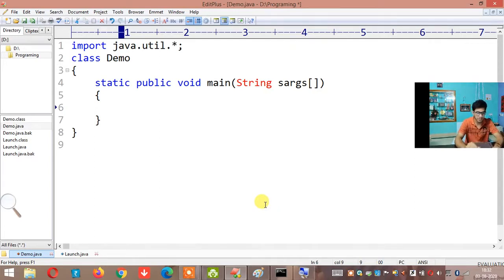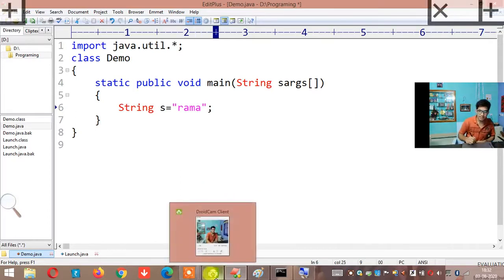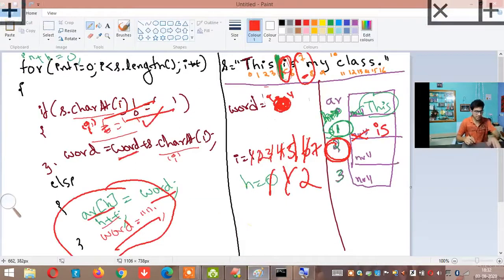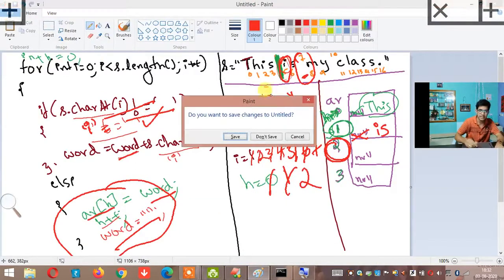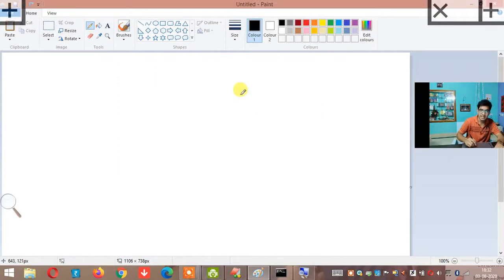We'll look into that. So when I create an object, if I tell string s is equal to Rama, what is happening there? I have already told you, but let me tell again. When you write string s is equal to Rama, in the RAM there is something called the heap.